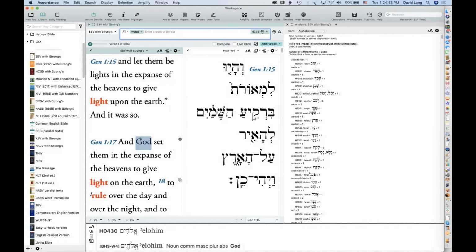So let's see. My son is on a limited budget. What would be your recommendations for his first Hebrew text? I'd go ahead and get that Hebrew starter, and I believe it comes with the HMT W4.